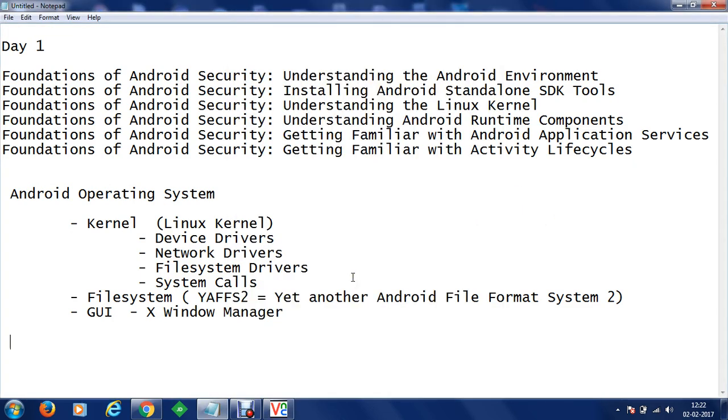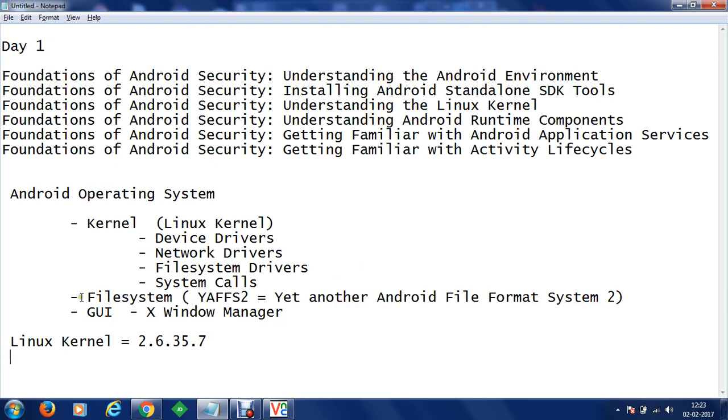In our device we have the Linux kernel installed, and the version of the Linux kernel is 2.6.35.7. What does this value signify? The first is the major version, the second signifies the minor version, the third specifies the patch number, meaning how many times this Linux kernel is updated, and the fourth value defines the build number, how many times this is built again. So this is the Linux kernel which is installed in our mobile device.